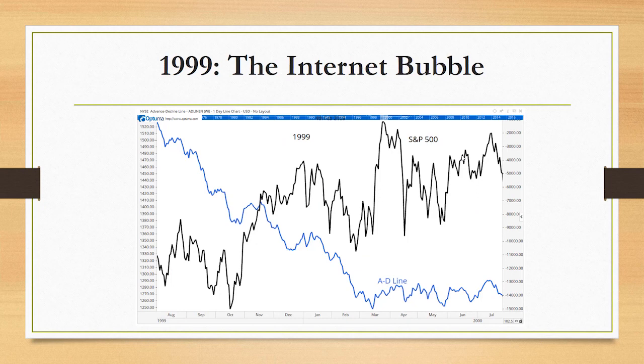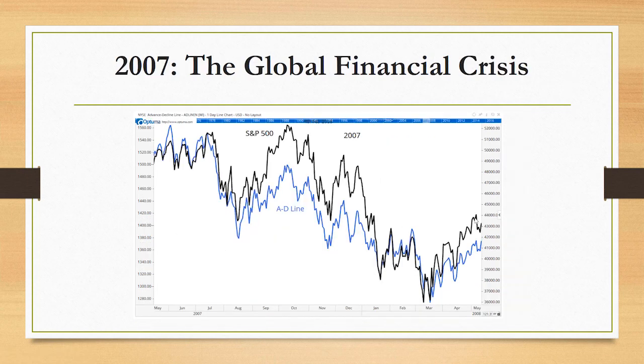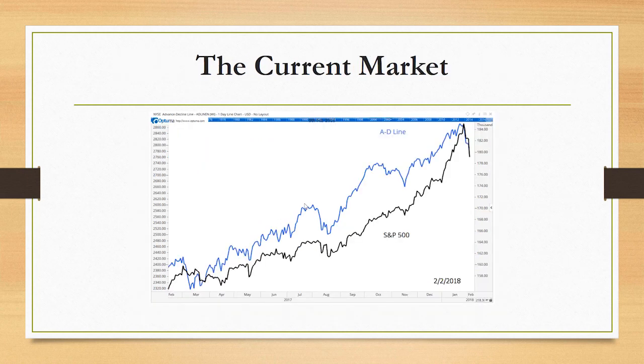In 1999, the AD line peaked in 1998, and the index was clearly diverging by the time stocks made that all-time high in early 2000. And again in 2007, we see the stocks making new highs that summer while the AD line is diverging. In other words, this divergence has appeared at every important bull market top,